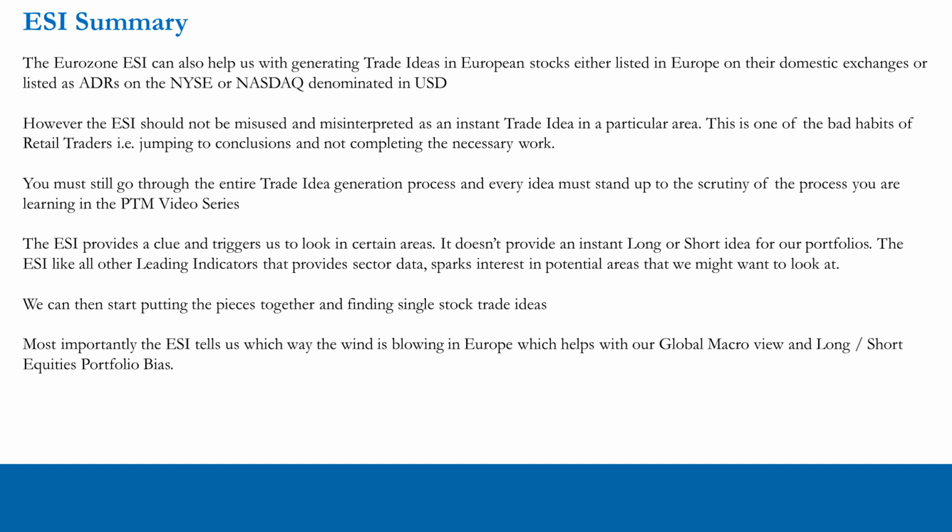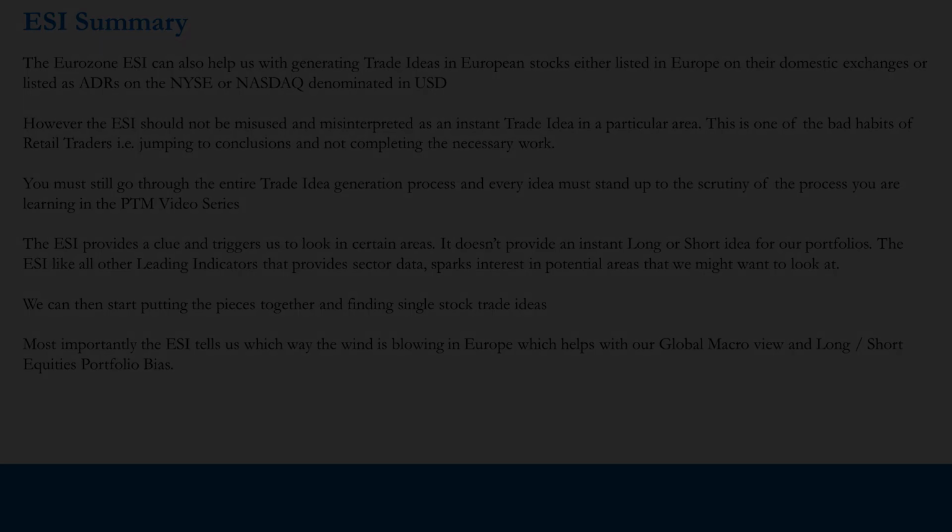Next, we're going to move on to China, but let's go back to the desk first for a little recap on the European Economic Sentiment Indicator. Okay, so that was the European Economic Sentiment Indicator, the European ESI. And as you can see, it's very similar to our US leading indicators, that being the ISM Manufacturing, the Non-Manufacturing Index, the UMCSI, and building permits. But it's all wrapped into one giant data set covering Europe.